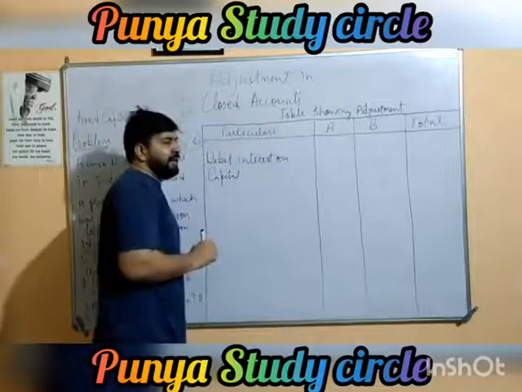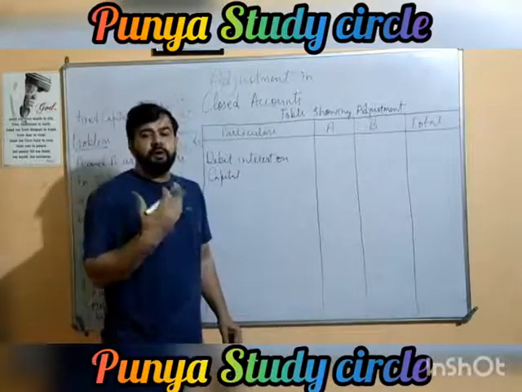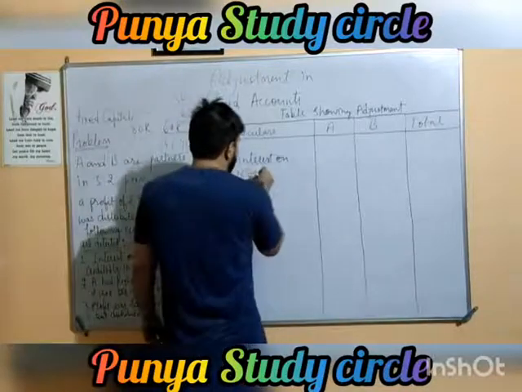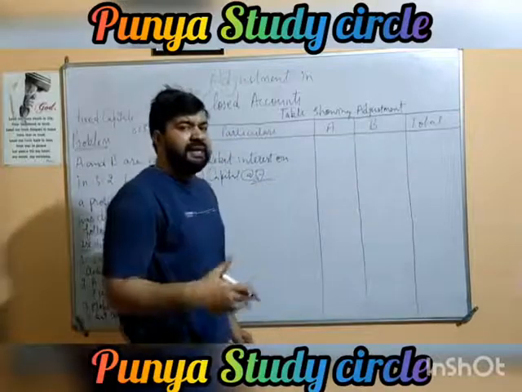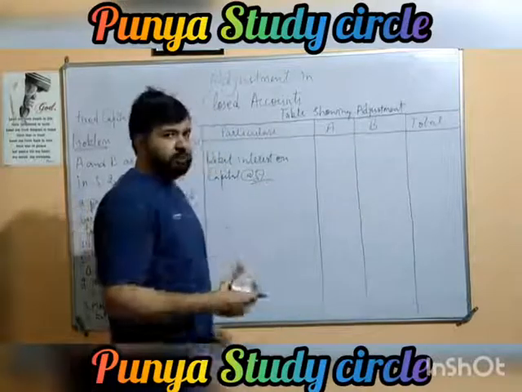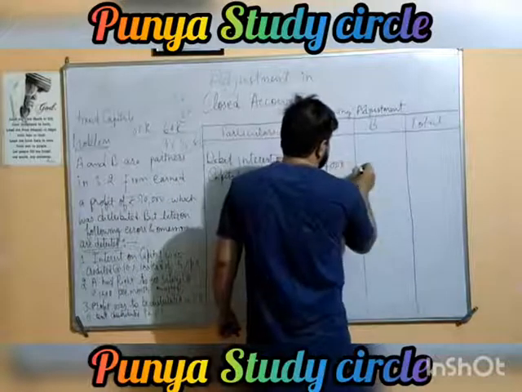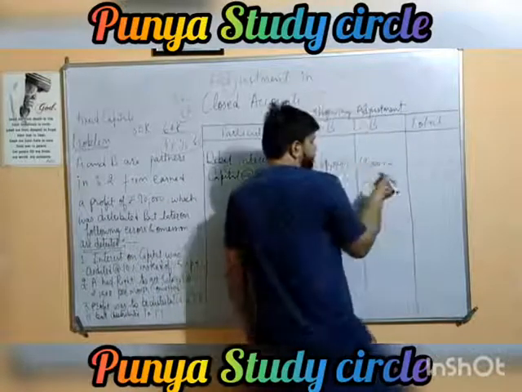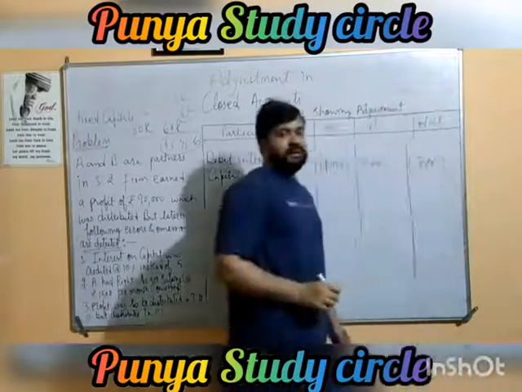We are letting them know that we are taking this interest back from you because it was provided to you in excess at 5%. 5% was to be provided, but instead we provided at 10%. That is why 5% is to be called back. That is going to be half of the amount that we provided them as interest on capital. This 7,000 is the negative amount. Negative amount means which is to be taken back or called back from the partner.